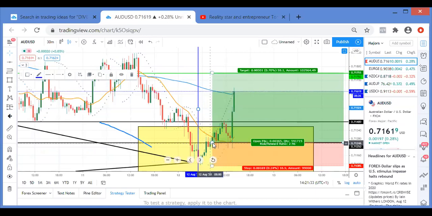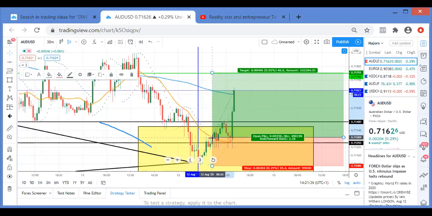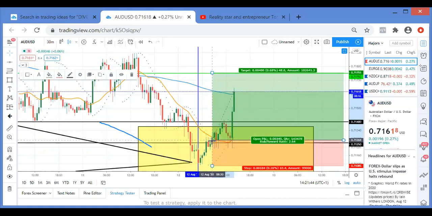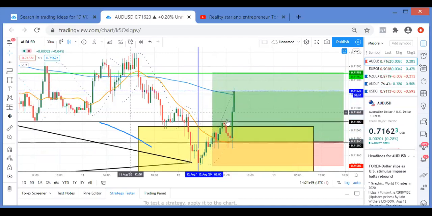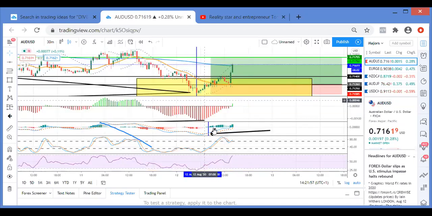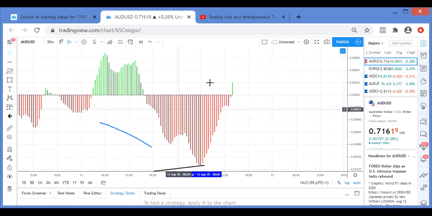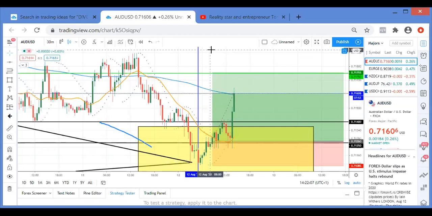I only entered when I saw this candle about to close above my quarter point. So I got in about here. When I saw the candle about to close above this quarter point, then I got in. But if you want to, even when the MACD crosses, it's still certified. Does that make sense, guys? Yeah, it does. A whole lot of sense.